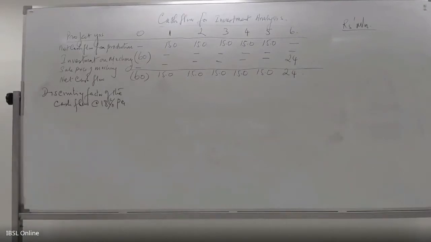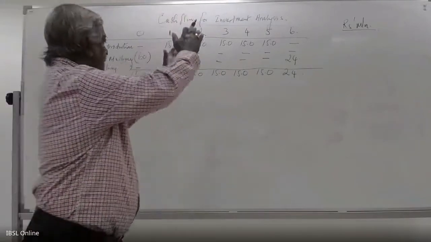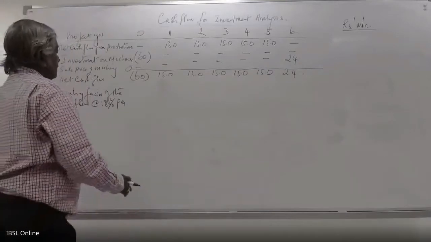So first we have to calculate the discounting factor. I have already told you to calculate the discounting factor and multiply the future value to get the present value. Right. So here